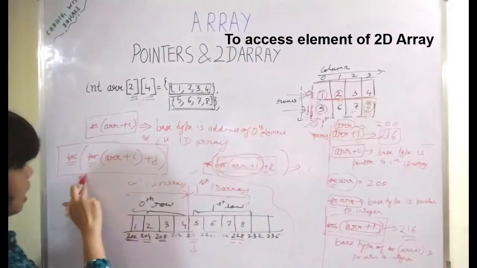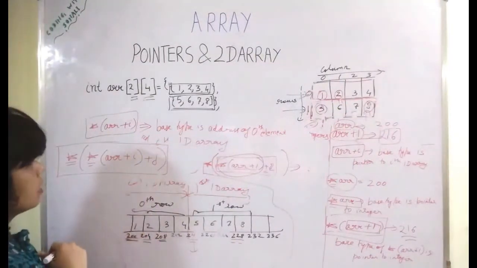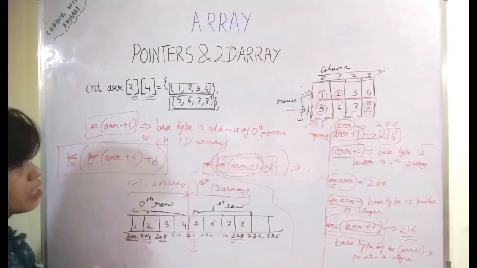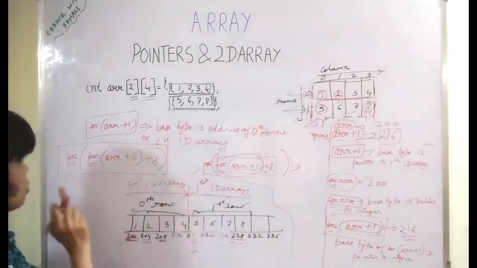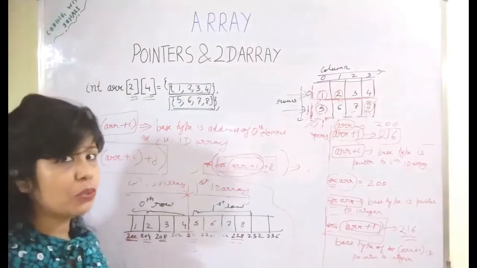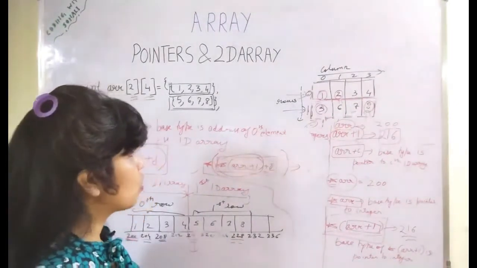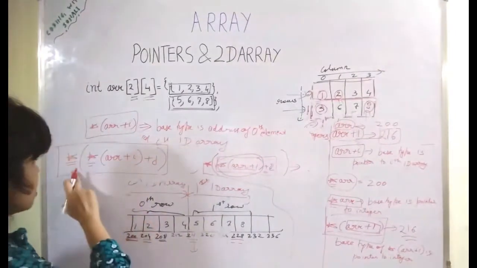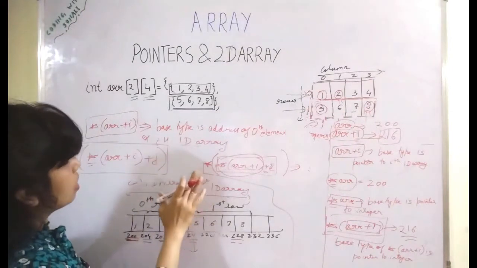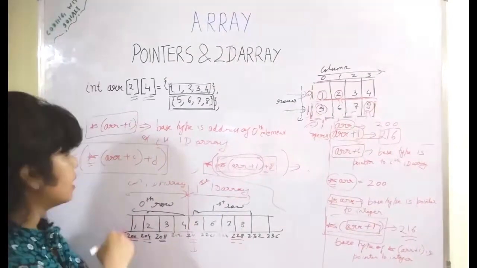So now we will write a program in order to access the array elements of the 2D array using this formula. We know that in case of pointers, we use 2 operators: the star represents the indirection operator, that is, value at the address, and the next operator is the ampersand operator, which will give you the address. Since we are using these indirection operators, we have seen how the 2D array works.